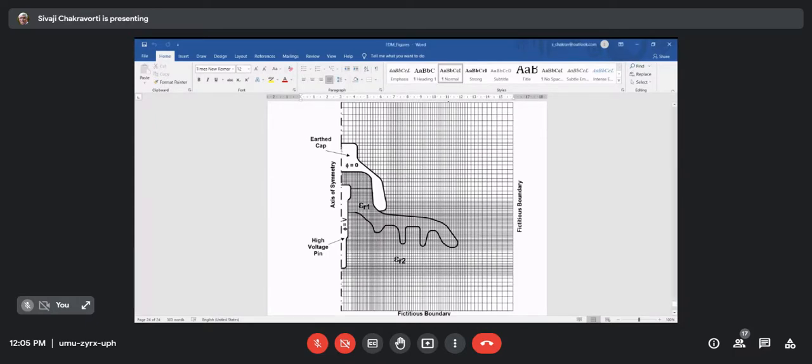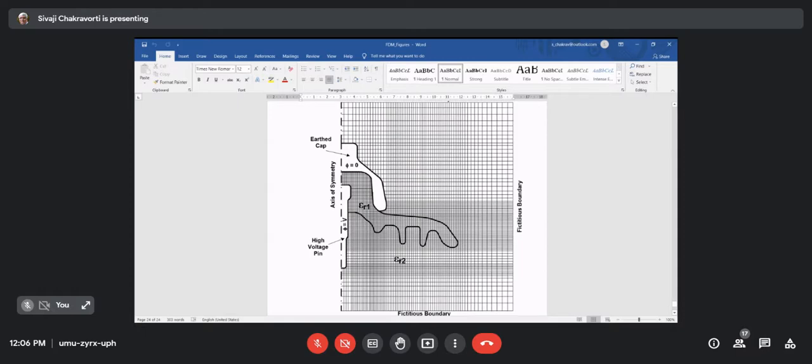Yes, sir. So you can see the top one, the white one, is earthed cap. This is the earthed electrode. So after discretization, some of the nodes are located on this electrode, isn't it? Clearly you can see because some lines are terminated on the electrode. So one node is generated on the electrode. The boundary condition is phi is equal to 0. Similarly, look at the high voltage pin, that white color here. Again, here the boundary condition is phi is equal to V, that is potential is V.